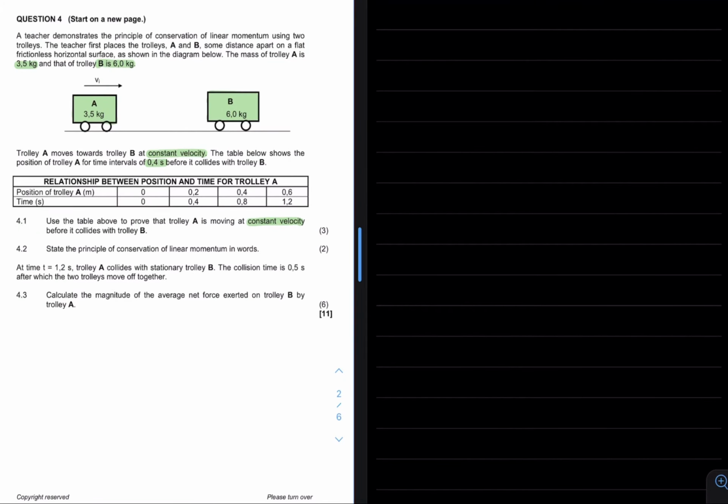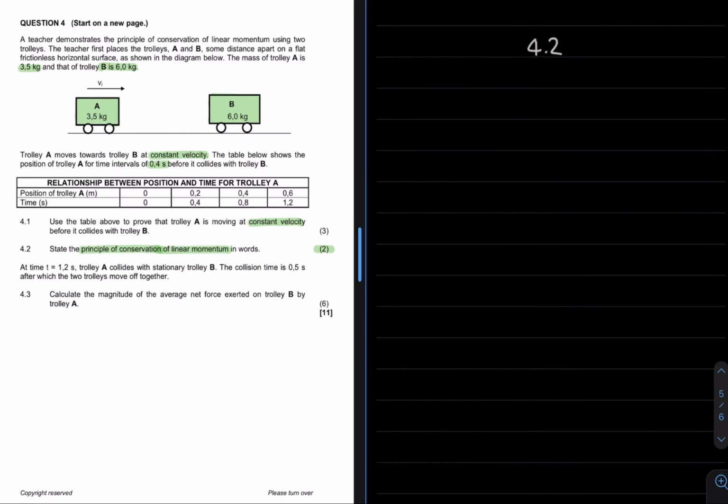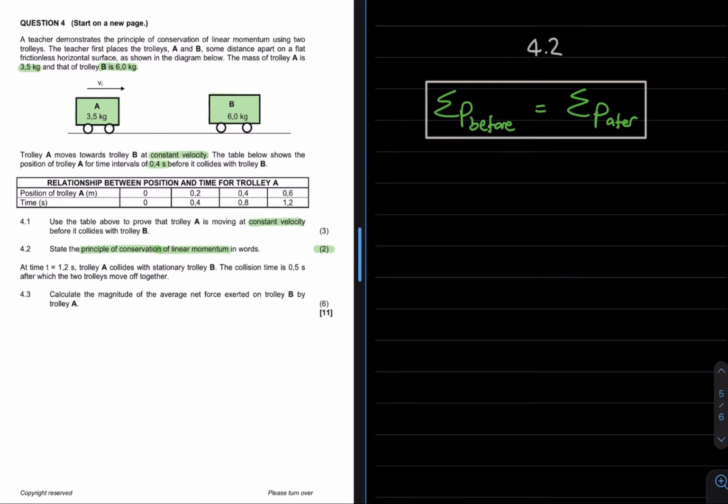4.2 asks us to state the principle of conservation of linear momentum in words. The principle of conservation of linear momentum refers to the following theorem, and in words it states that